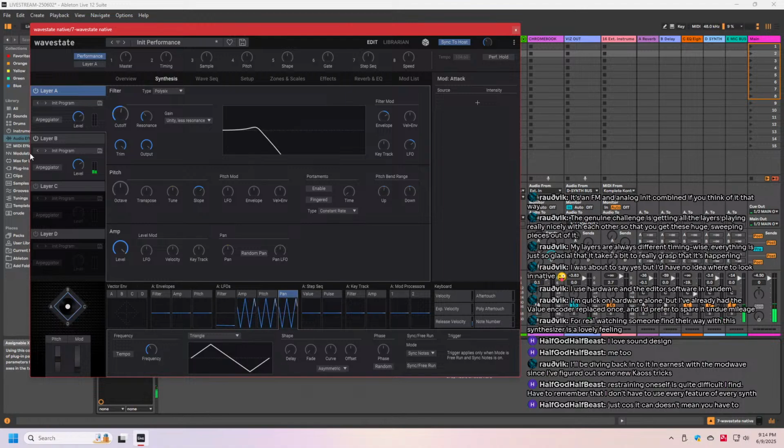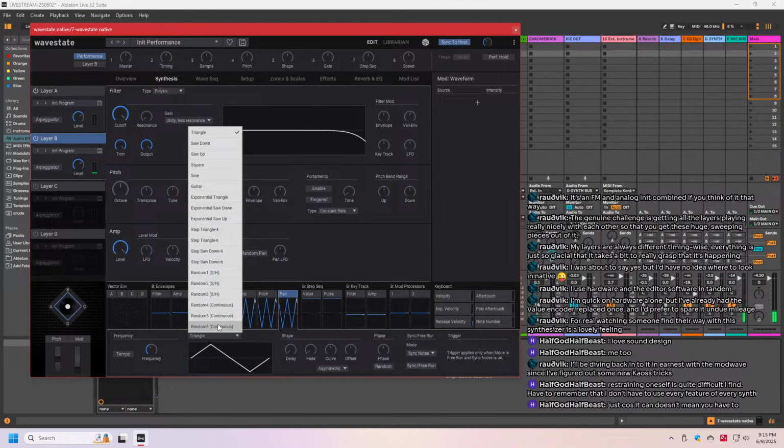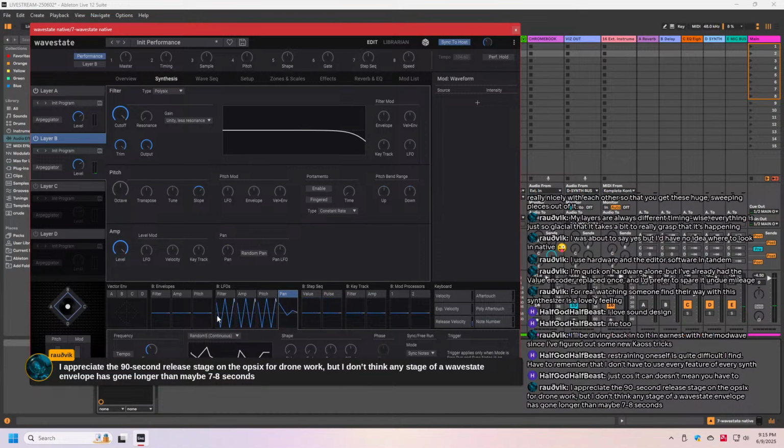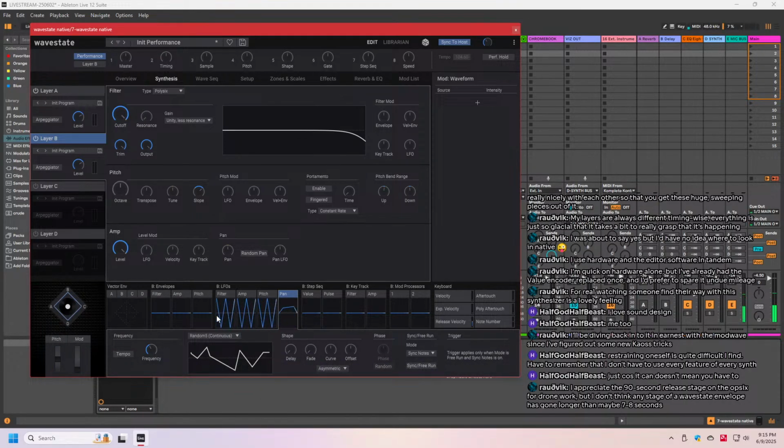Let's make this one move around a little bit. Okay, so panning LFO, we'll do another one of those randoms. I don't like that one so much. I haven't used any super long releases. Most of the stuff that I have been doing up to now has moved a little more quickly than a lot